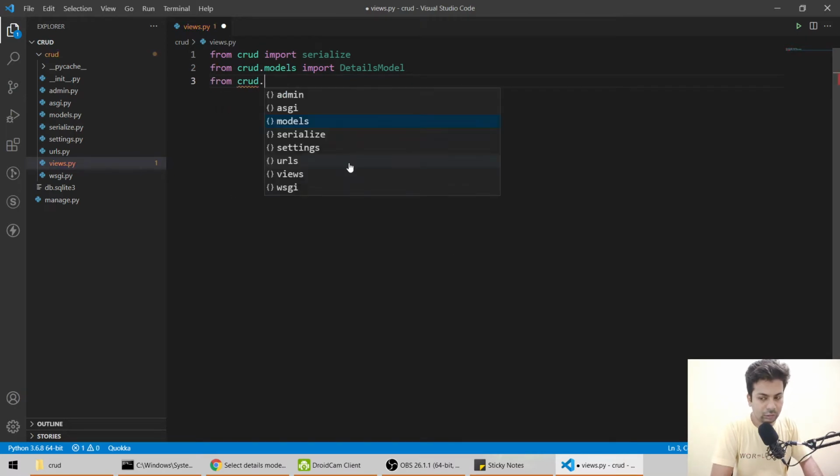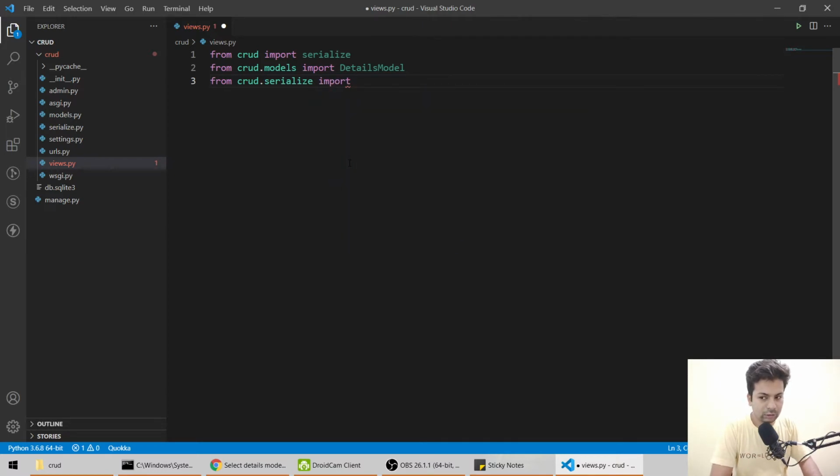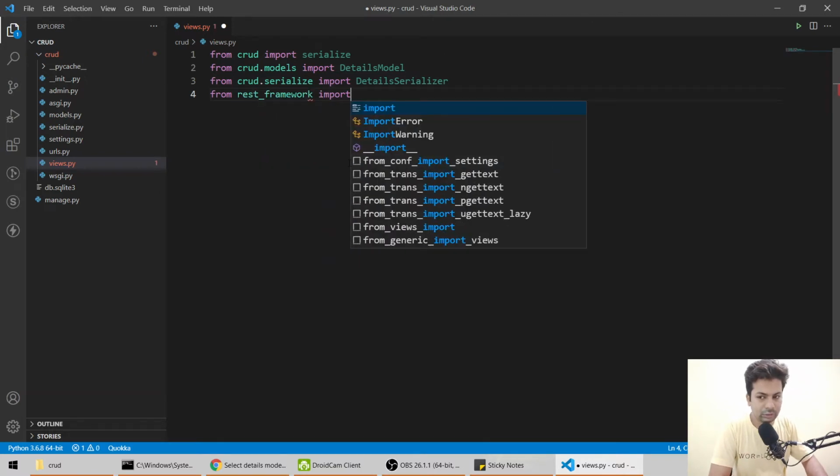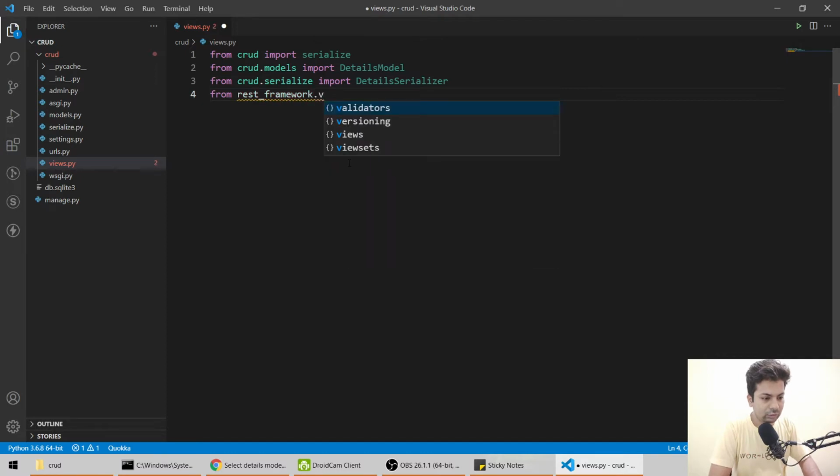CRUD.serializer import DetailsSerializer, then from rest_framework.views import APIView.